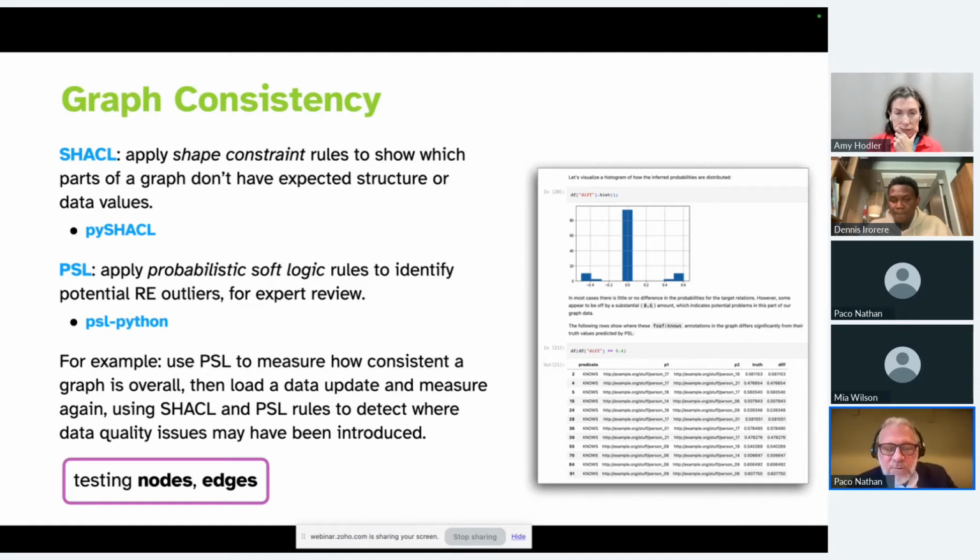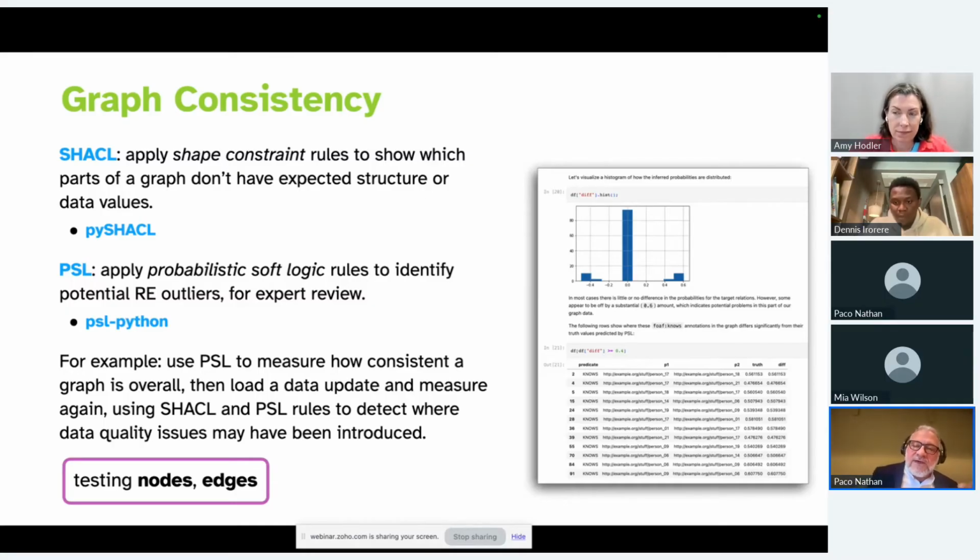Another way of doing this is PSL, probabilistic soft logic, which gets into more of the area of statistical relational learning. If you've heard of Bayesian nets or causal graphs, probabilistic soft logic is in that realm. You can put together probabilistic rules to describe relations you'd expect to see between entities in your graph, and then run the rules against your graph.